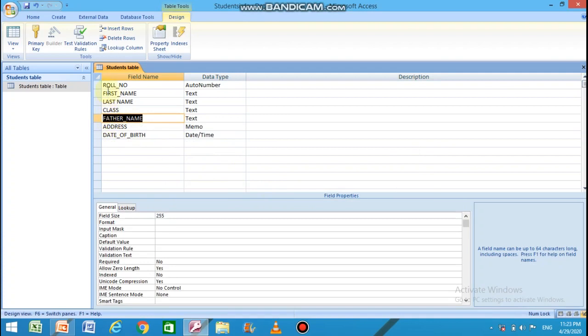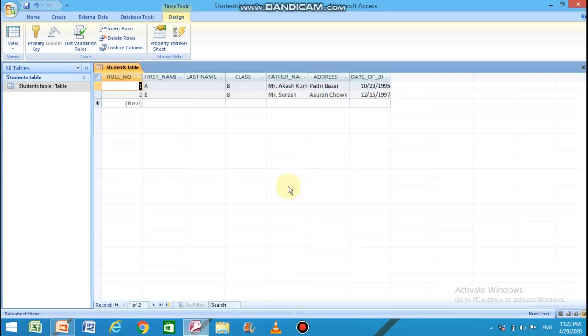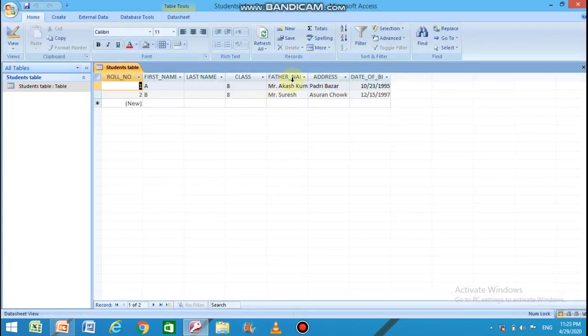You can see the field is deleted. Let us switch again to the datasheet view. Save the table structure. You can see in the datasheet view there is no field with the name marks. All the data along with the field itself is gone.